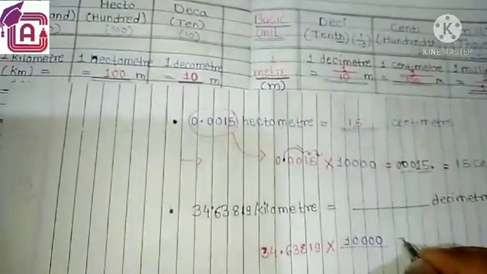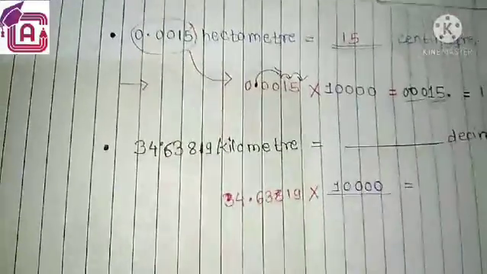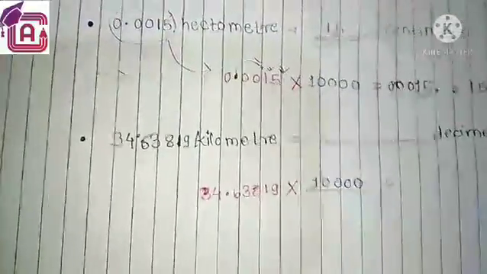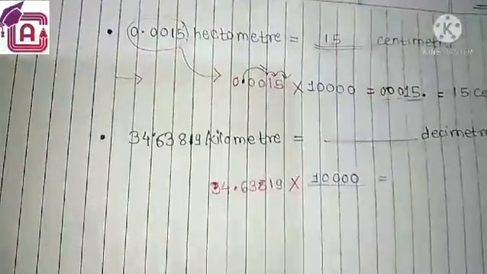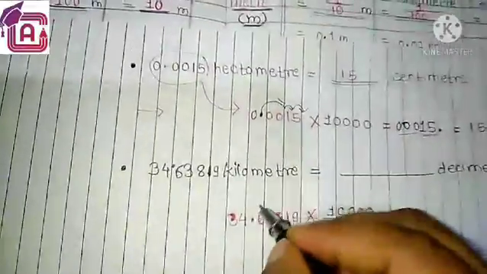So find out the multiplication answer. How to find it? What did I say before? When the number is multiplied by a multiple of 10, only count the zeros on the 1. 1, 2, 3, 4. Thus 4 zeros are there, and we have to shift the decimal point towards the right-hand side.